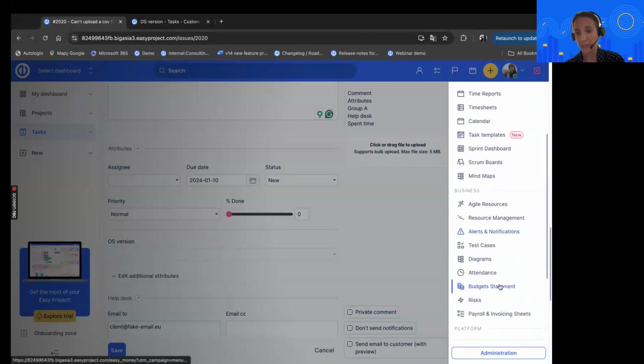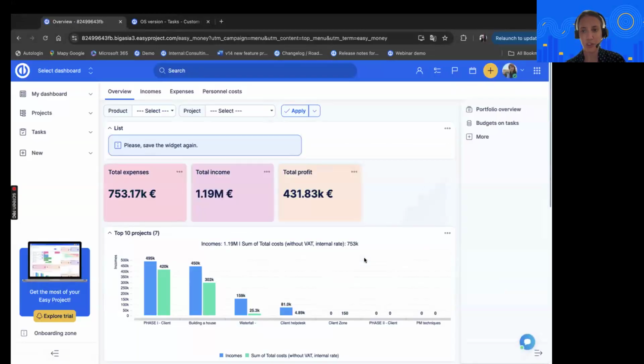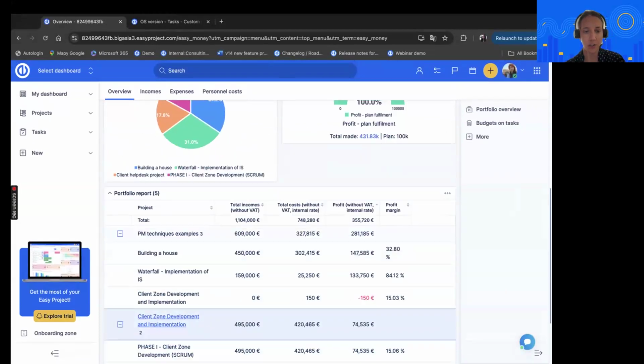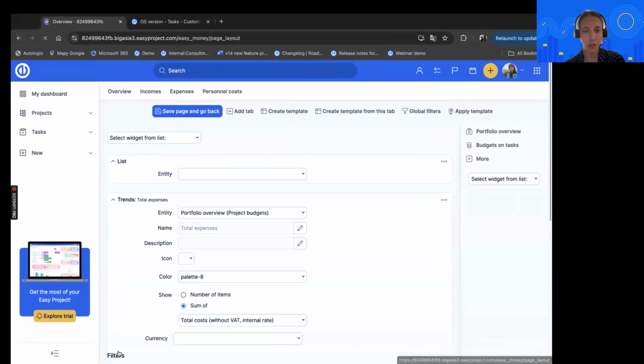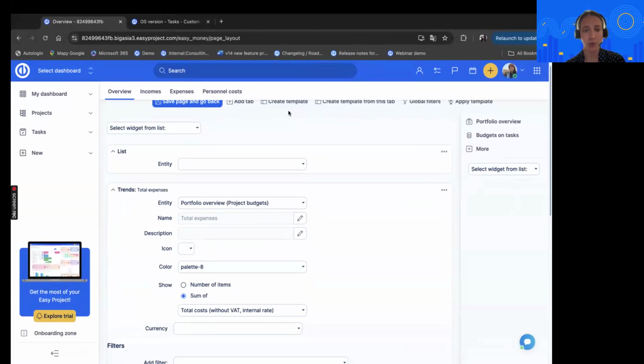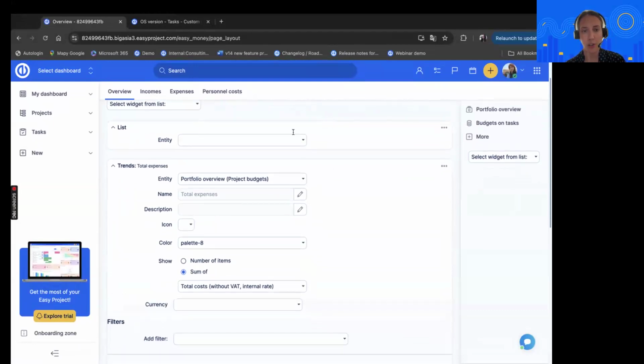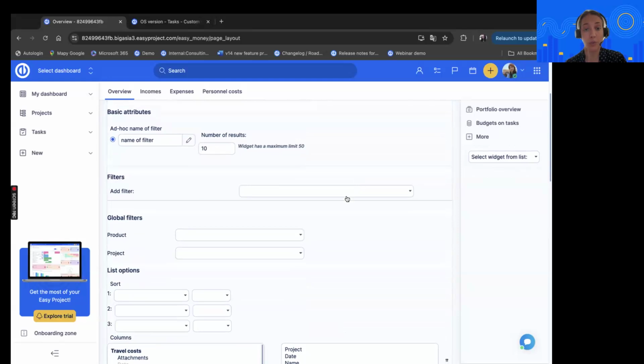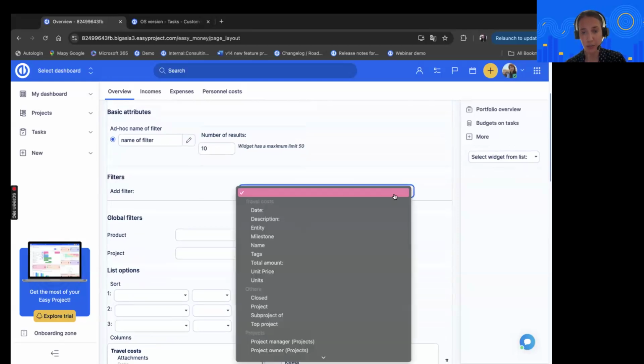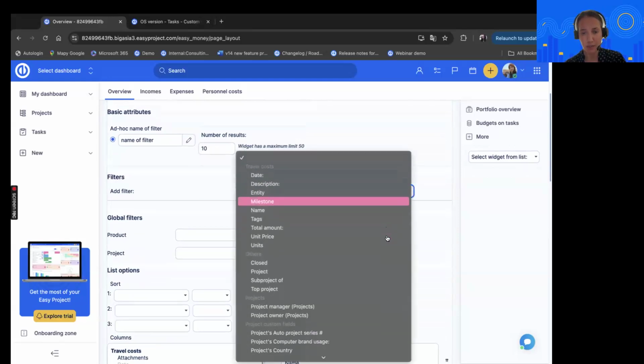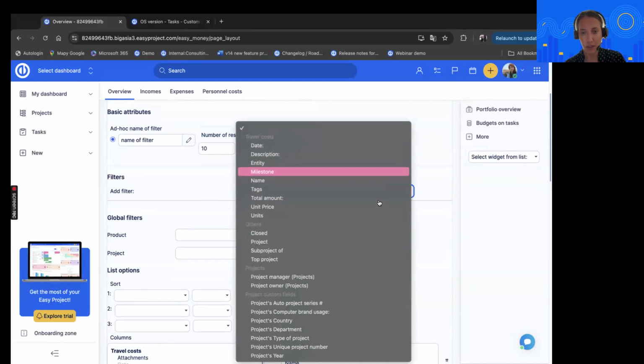So for that, I have to go to budget statements, and then when I want to create a dashboard for the entity travel costs, and I want to filter my custom field, I cannot see it. The custom field I'm talking about is